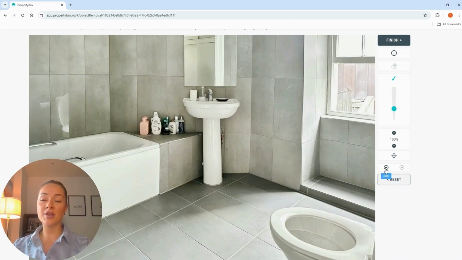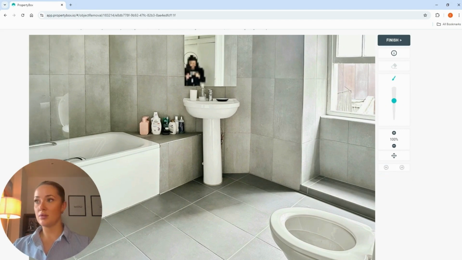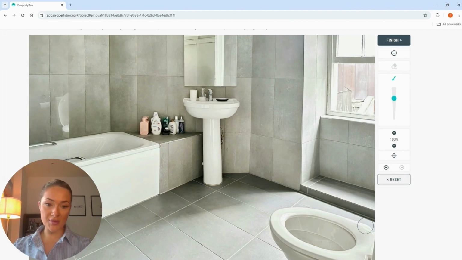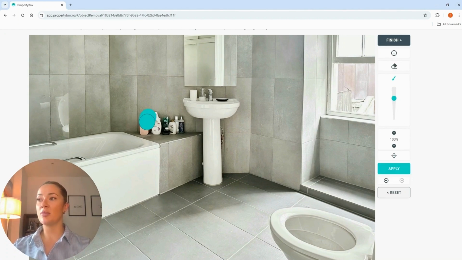If I wanted to undo something, I can just use these buttons here. Also, if I start removing something and I decide that I want to get rid of it, I can click that erase brush. What we can also do, which is really useful and will save you time in staging properties and decluttering properties, is removing clutter that has been left out. So for example, these shampoo bottles, which look a bit messy, I can just highlight those, click apply,